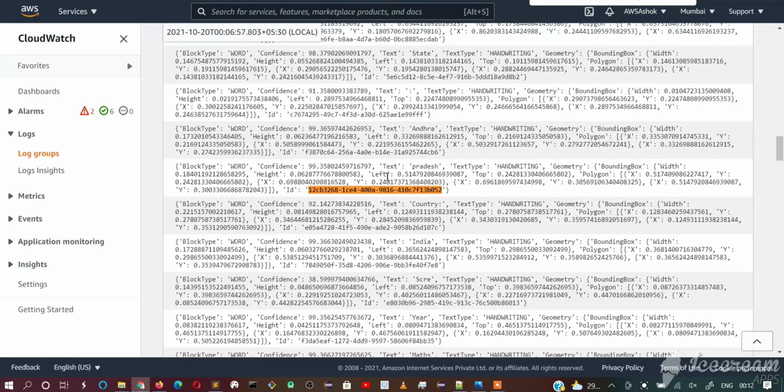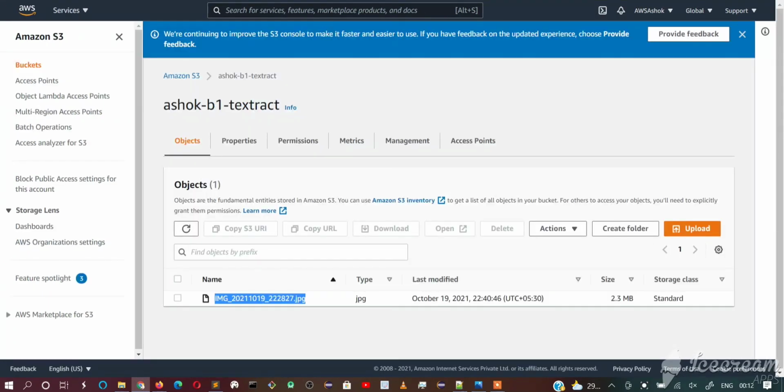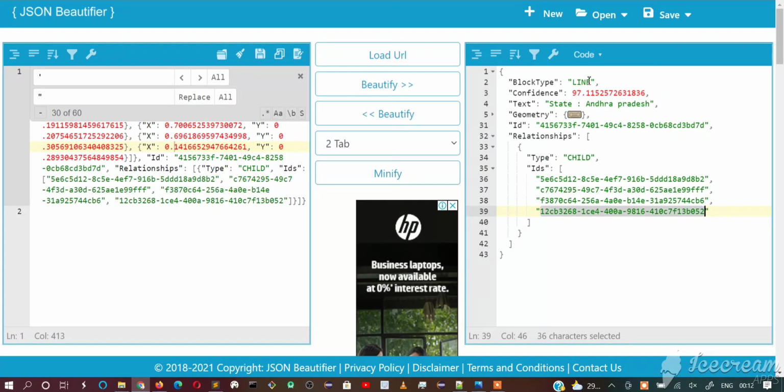Here you can see the text will be Pradesh. So for each block type line, if the line is comprised of different words, then we will have the IDs for those words in these relationships. So I hope you understand the block type line.